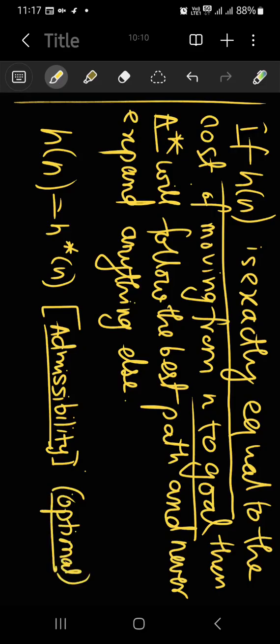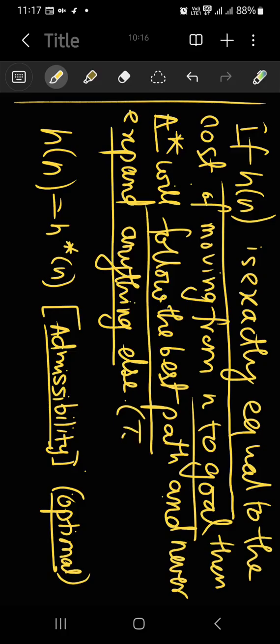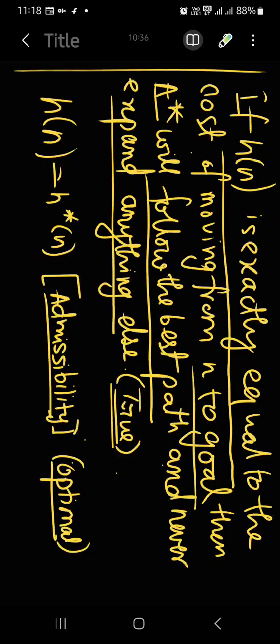দ্য গোল নোড, তাহলে কী হবে? এ সবসময় বেস্ট পাথটাকেই ফলো করবে এবং অন্য কাউকে এক্সপ্যান্ড করবে না। একদম ডেফিনেটলি তাই হবে, বিকজ অপটিমাল সলিউশন যদি দেয় তাহলে ও সবসময় যে পাথটা দরকার, মানে যেটা বেস্ট পাথ সেটাকেই সবসময় এক্সপ্যান্ড করবে, অন্য কোনো পাথকে এক্সপ্যান্ড করবে না। সো দিস ইজ ডেফিনেটলি ট্রু, ঠিক আছে? এইবার চলো নেক্সট কোয়েশ্চেন।